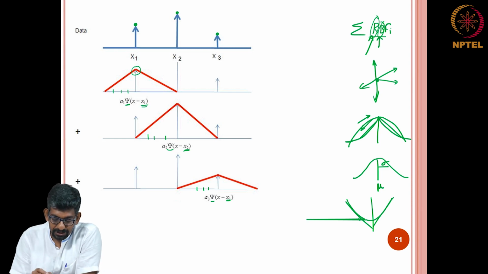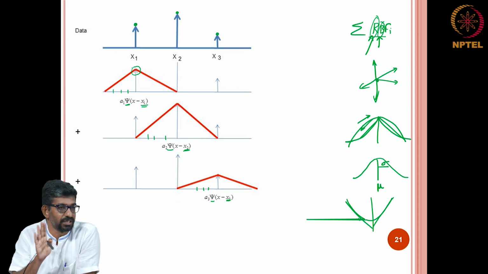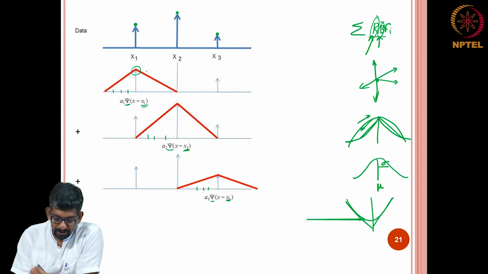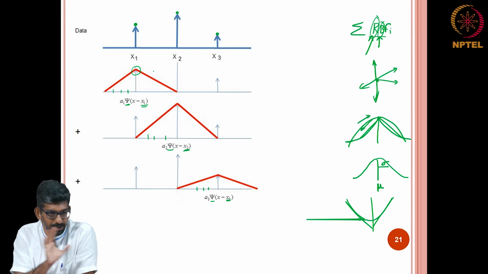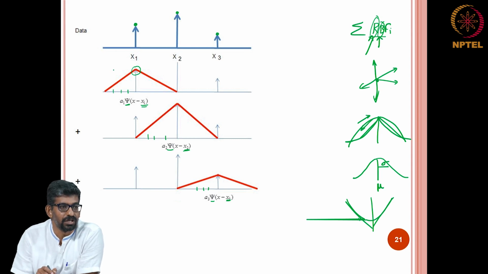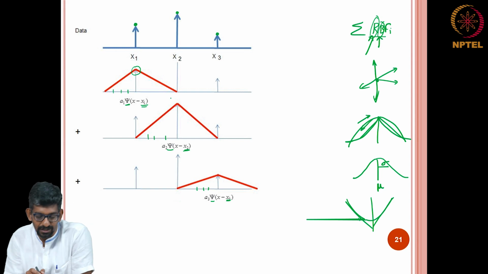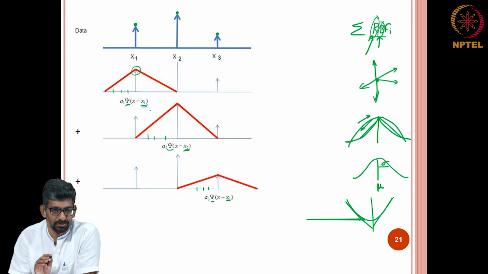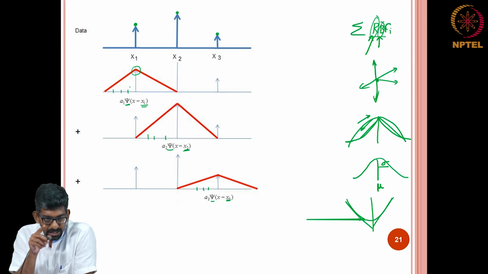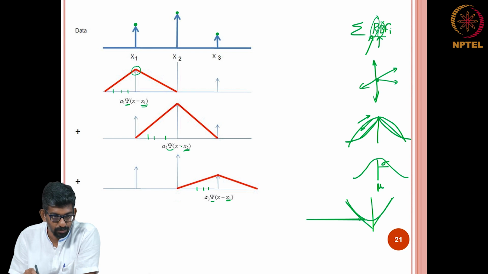So, the function is centered, this is one way, but you do not need to center it at that point. One easy way of solving this is you center the function at the data points that you have, but there is no need, you can center this here also. Then what you need to do is find the distance with respect to that center. Here if you center it, then the central point is x 1 minus x 1, so it will be 0 in this case, x 2 minus x 2, and x 3 minus x 3. Okay.